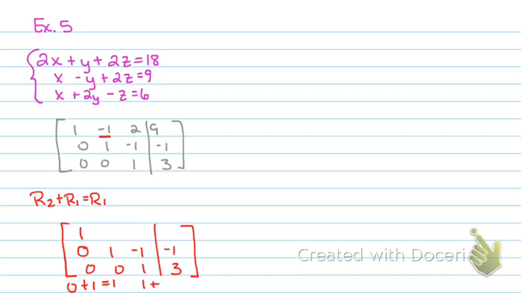Plus my original row 1, which is -1, which gives me 0, and that's what we wanted, so yay. And then same thing for the third column, take row 2, which is -1, plus what was originally in row 1 there, which is 2. -1 plus 2 is 1. And for the last column, I have to do the same thing. So I had row 2, which is -1, plus the original row 1, which is 9, add them together, and we get 8. Okay, so now that we got that, we have